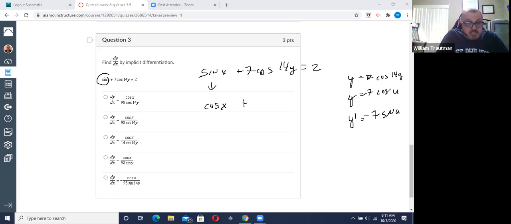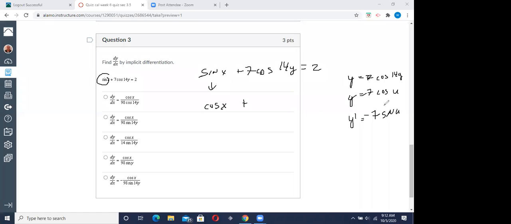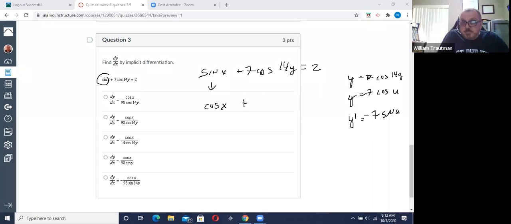The derivative of cosine is negative sine. And then u, du. u is 14y. Over here, u equals 14y. So du equals just 14. So this becomes negative 7 sine u